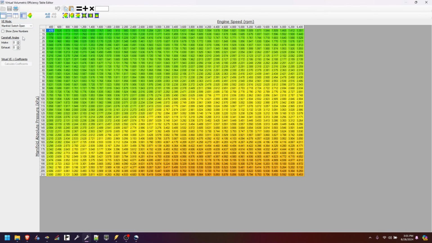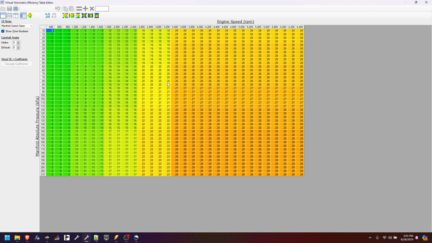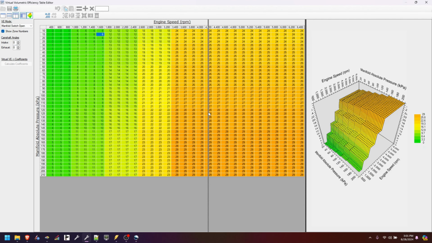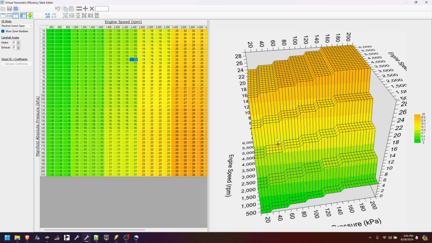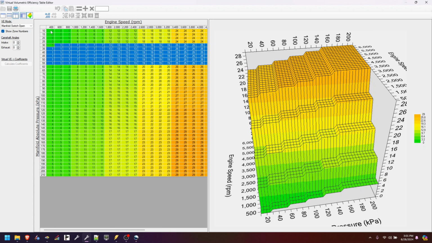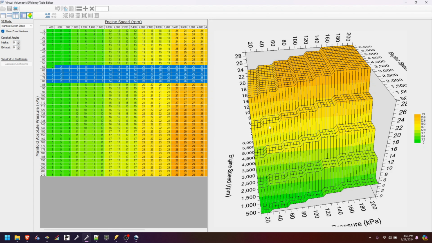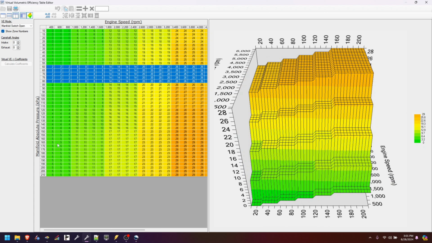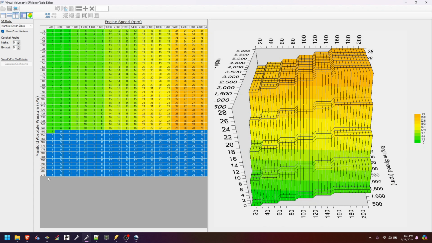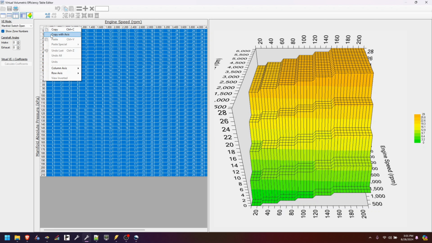Now, this was just kind of the first pass. This is still relatively new here, and I'm not necessarily done tuning this. This is just a work in process, but I essentially just divided it up every 30 or so kPa. That's where I just plunked in a zone. So you can see 0 to 30, 30 to 60, 60 to 90, so on and so forth. So I may redistribute this a little bit better, but the last one, it's still fairly large, but definitely this worked out better. So if we take this now, copy with axis,